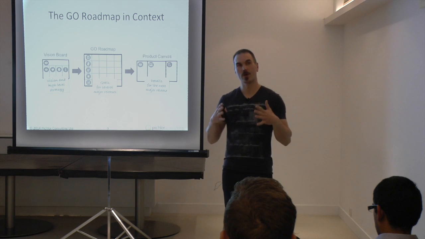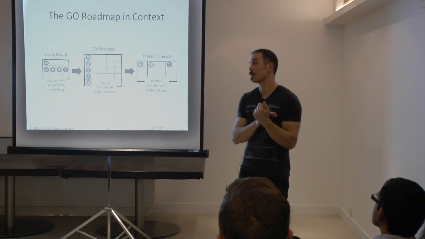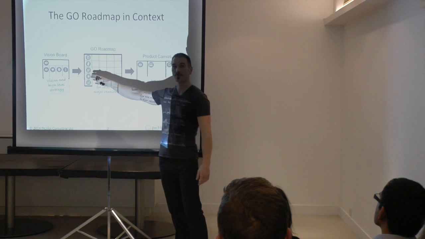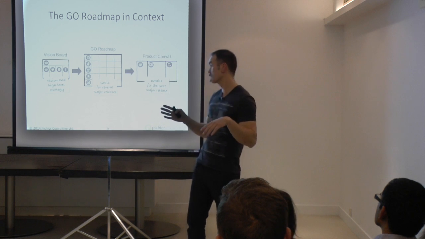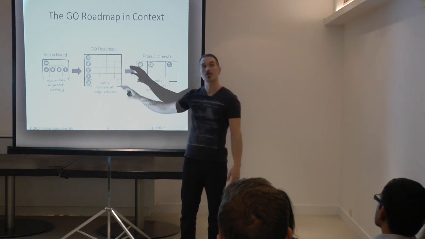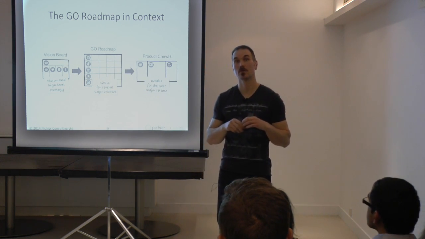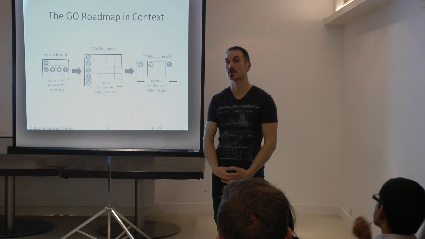And that allows me to focus a canvas or backlog on the next major release, on the next product version. So that keeps your backlog short and sweet, it keeps it concise, and it reduces the overhead of managing the backlog, makes it easier to adjust it and update it. So if you have this roadmap, you have some visibility over the next 6-9 months plus, so you can usually afford to focus your product canvas or product backlog on the upcoming release. So, the roadmap in a way acts as an umbrella for your canvas or backlog. Does that make sense?